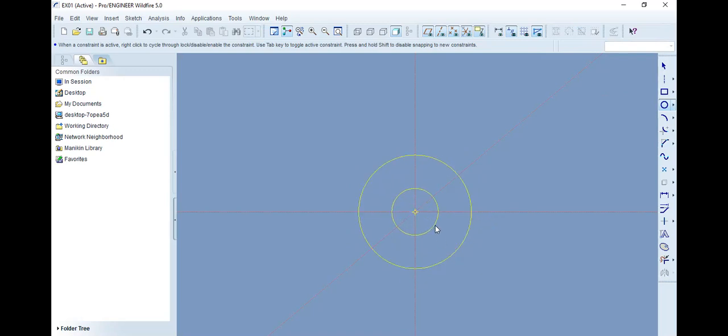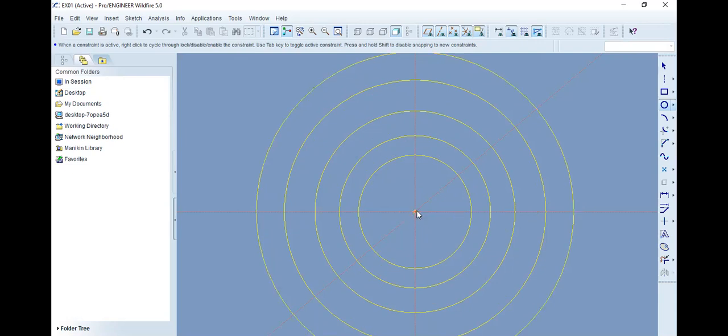Now likewise I'm going to create a number of circles. The second circle, now the third circle, from the same center point: move the mouse and click. Click the center point, move the mouse, click. We need to create seven circles with different dimensions. Once you create all the necessary circles, we need to get out of the command.